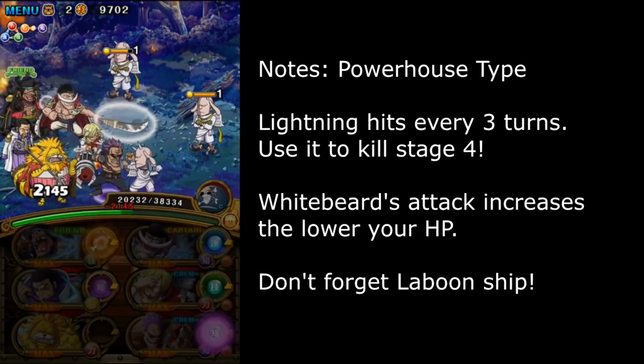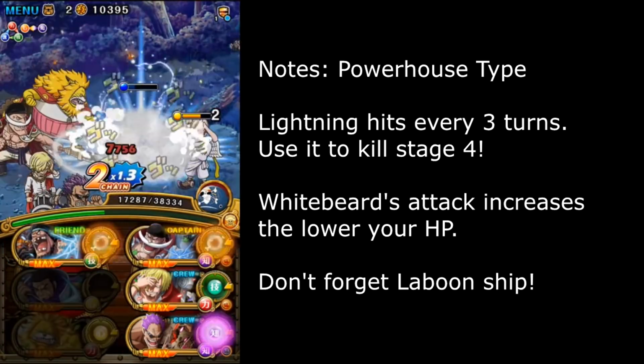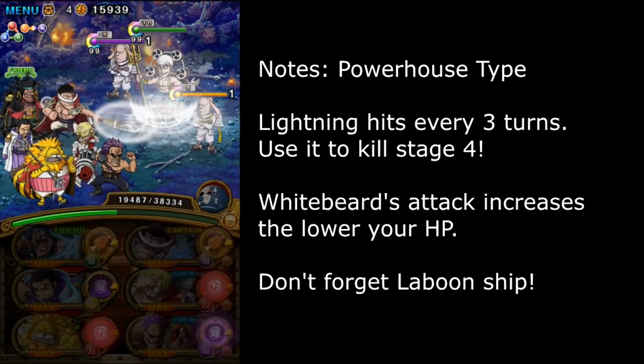Remember to manipulate the lightning, guys. Every 3rd turn it comes down. Make sure the lightning will hit on the first turn you enter this room. Not this room specifically, the room after this one with the seahorses, this room. Make sure the lightning does the dirty work for you, and when you get into Enel's room, be sure to